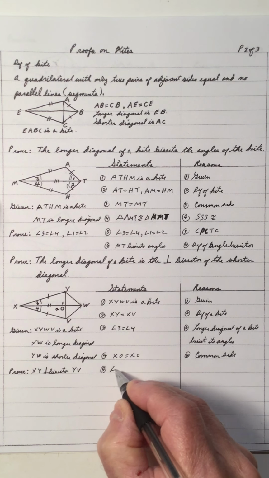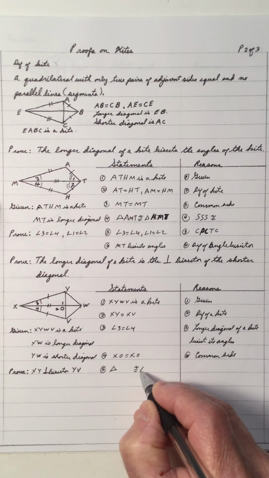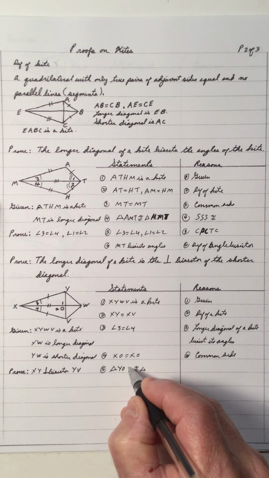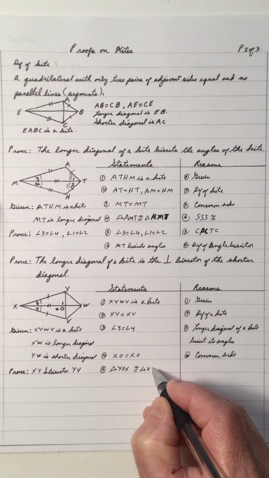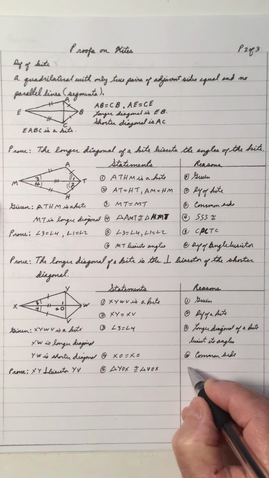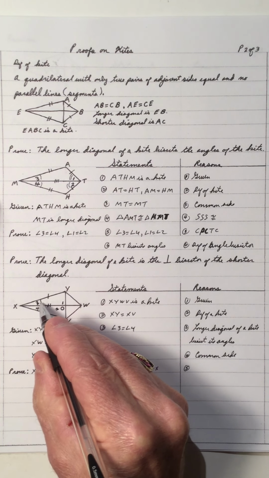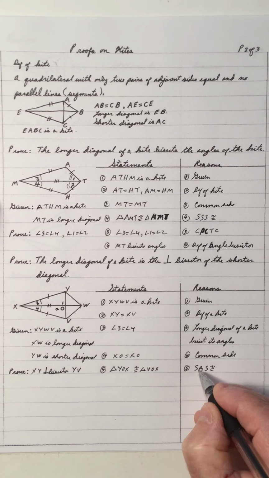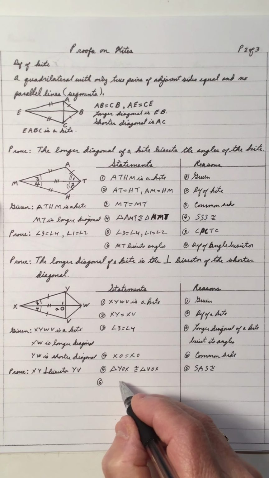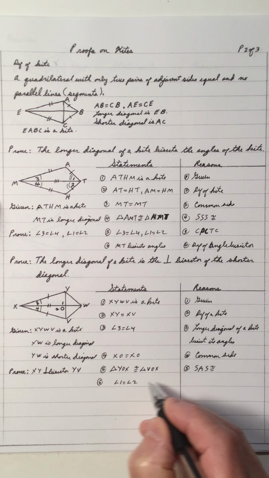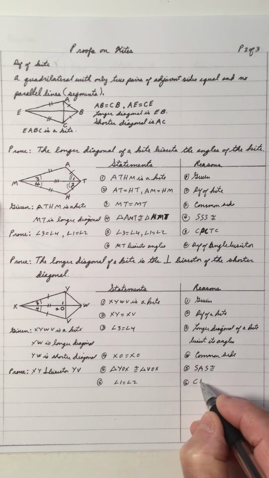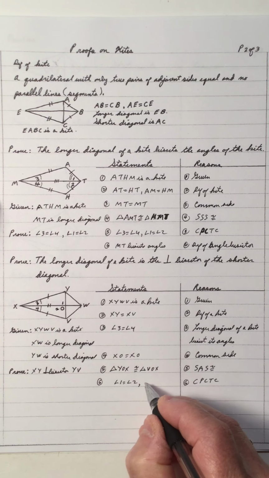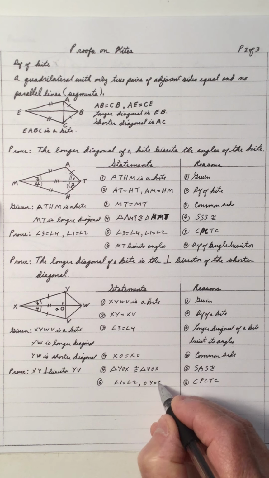Therefore, we have the triangles congruent. The triangles are YOX and VOX, and that's side, angle, side congruency. That means that angle 1 is equal to angle 2, CPCTC, and I can also say that OY equals OV,